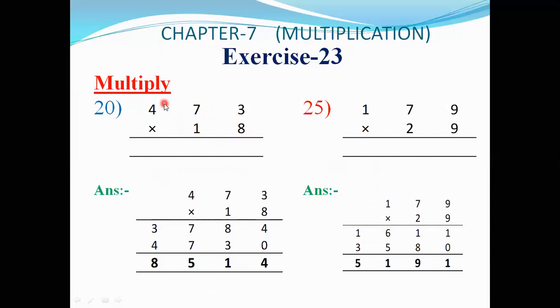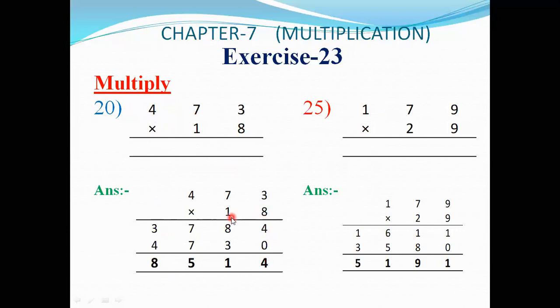When we multiply, here is the 3-digit number and here is the 2-digit number. When we multiply a 2-digit number by a 3-digit number, here is the 8. 8 times 3 is 24. Here is the 4. And now 8 multiplies 7. 8 times 7 is 56. When we add 2, we get 58. Write the 8. 5 is the carry over digit. 8 times 4 is 32. When we add 32 plus 5, we get 37. Now, once again, write the 0 under the ones column.